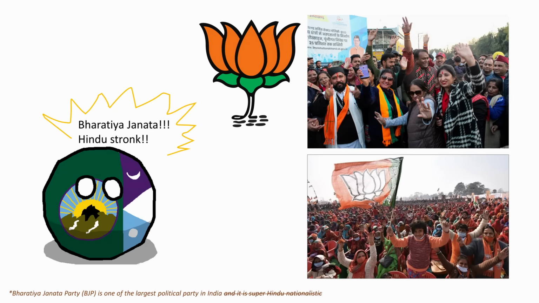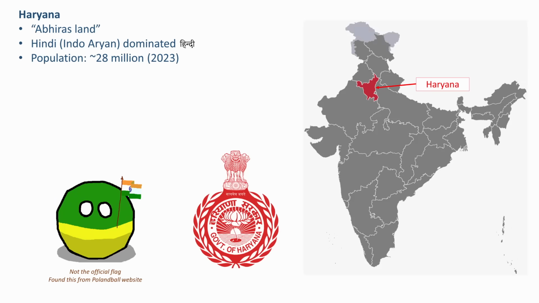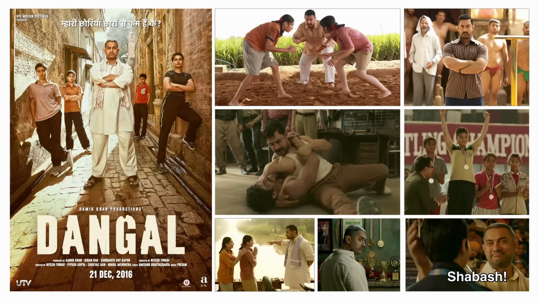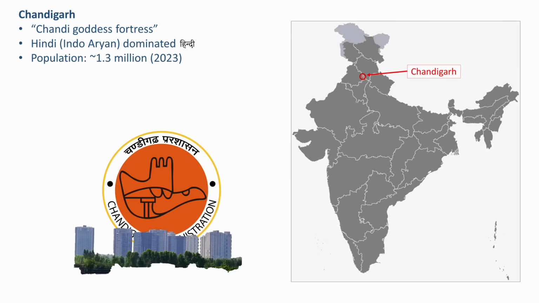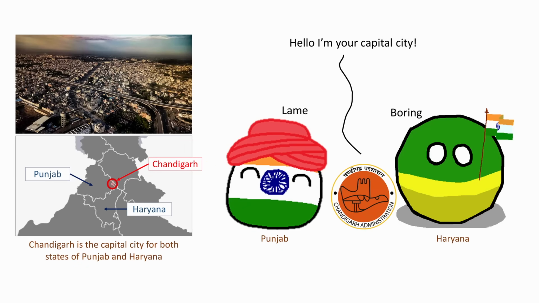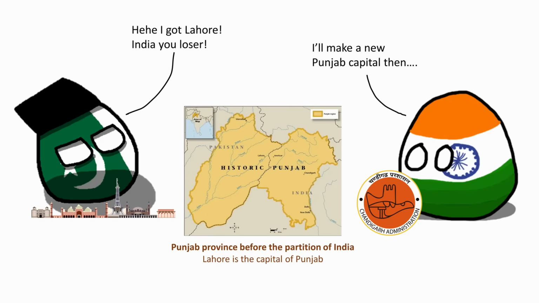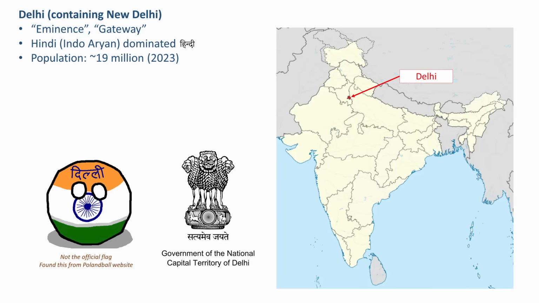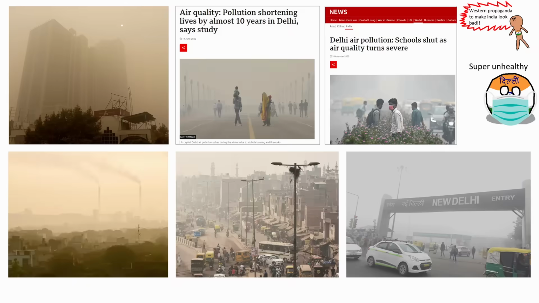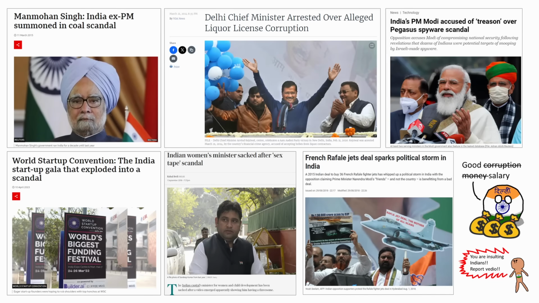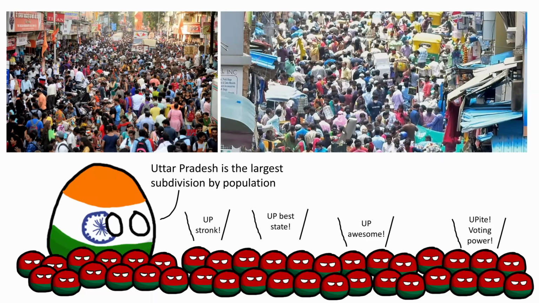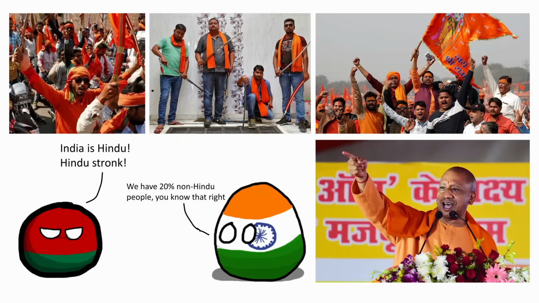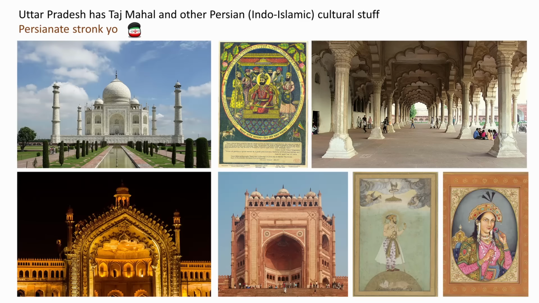BJP government. Right next to Uttarakhand is Haryana, lots of wrestling, tough luck for girls, produces lots of milk. The Union Territory of Chandigarh is just kinda there, a planned city to help share the capital, because Lahore is with Pakistan. Delhi and New Delhi is the capital Union Territory: historical sites, pollution, and snobbish government officials doing corruption and shady stuff. Uttar Pradesh, the most populous state, super religious, Hindu nationalistic dudes, gangs, and has a tinge of Persian